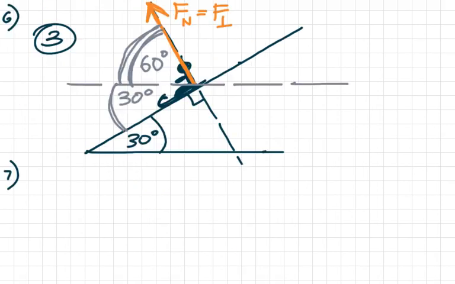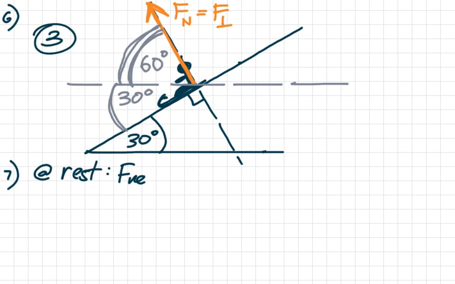Number 7, I think this was on your forces test. We have 3 forces acting. We got the normal force, the friction, and the weight. That's a nice, lovely diagram. I would prefer that all the forces start from the center of the object, but whatever. So it goes blah, blah, blah, and it says the box is at rest, so let's write that down. Box is at rest, and then it asks, what is the net force